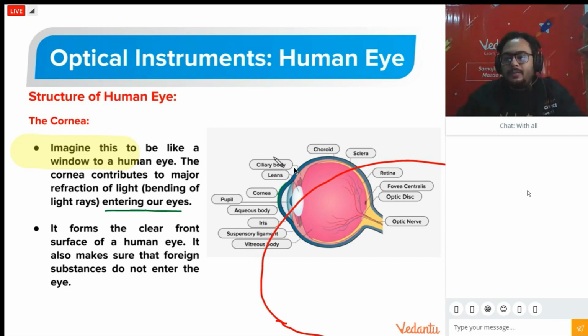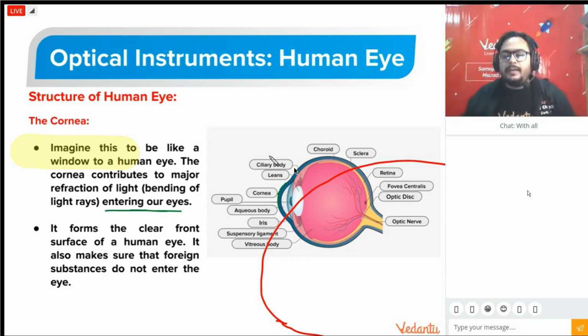I don't know how to teach biology. You might find I'm not doing a very good job. But I cannot do anything about this. These are the slides given to me, so I have to go through them once.